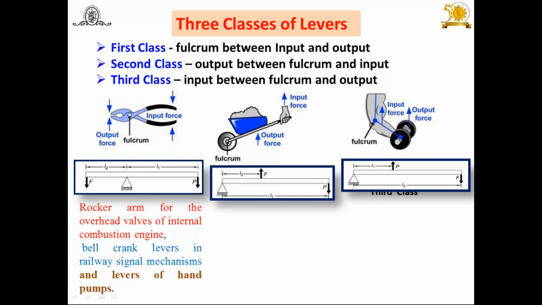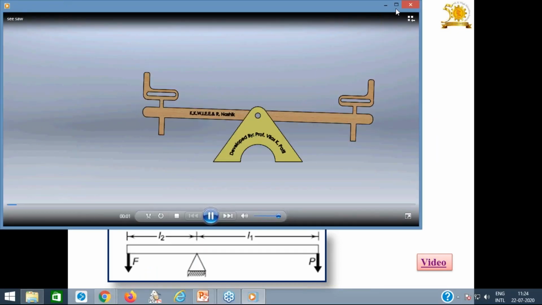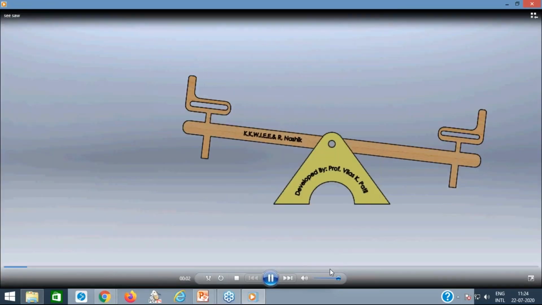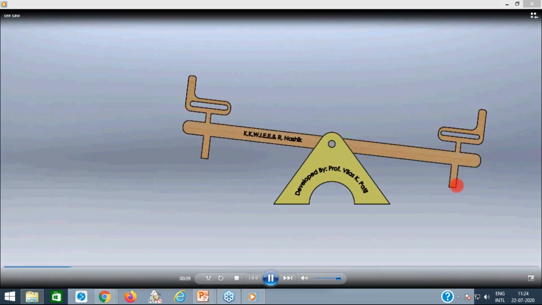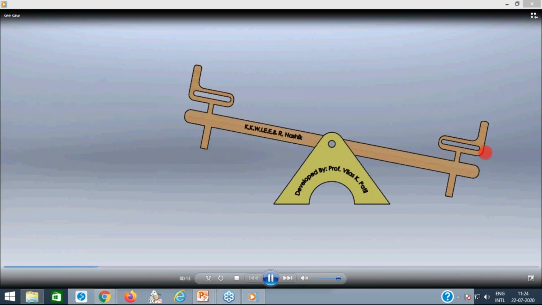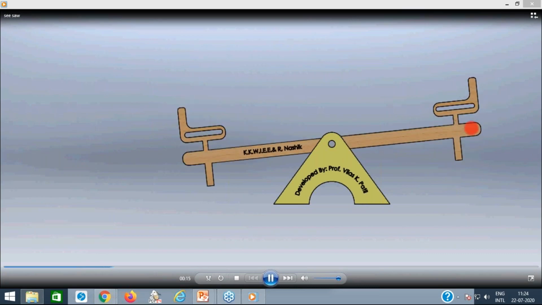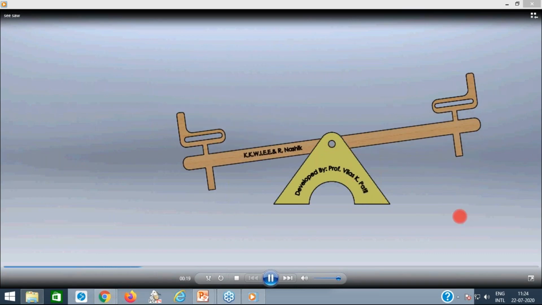Now let us see another example here. The first type lever I have already explained. Look at the video also; yesterday I showed this video to you. Look at this. This is also a simple lever. This is the pivot, it is in between. You can put some load here and you will get the force at the output. So this is the input, effort, this is the output, and this is the pivot. Try to understand. This is the first type lever.